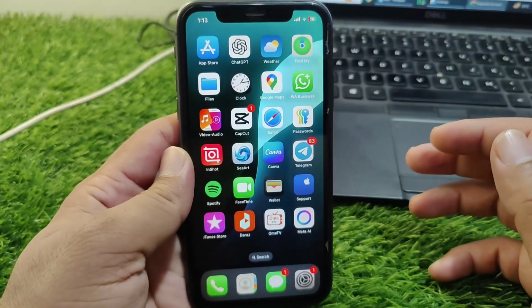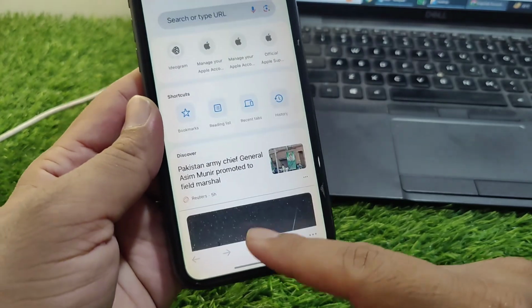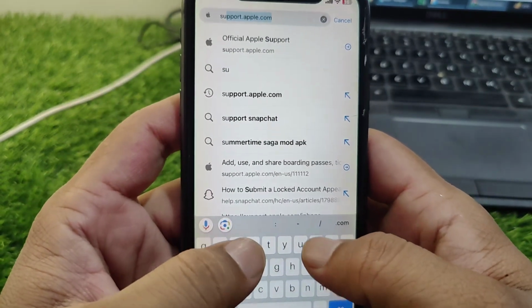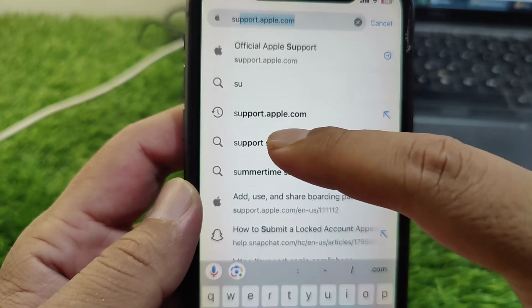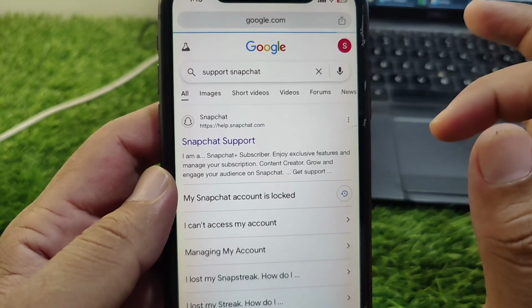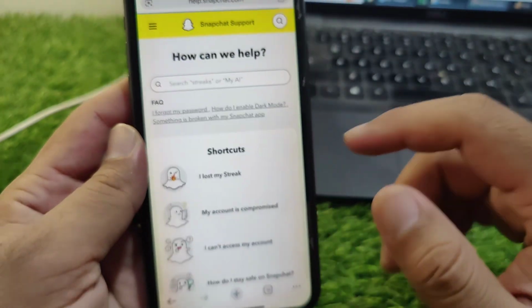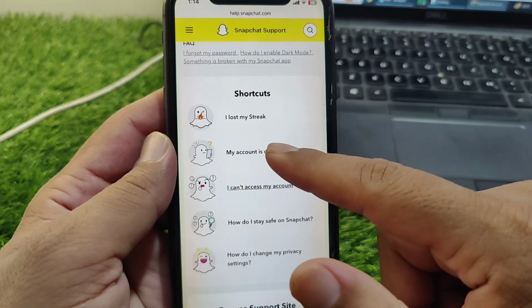So guys, first of all, go back to your home screen and now you have to simply open any browser and search here for support.snapchat.com. Here you can see this. You have to simply search for Snapchat Support, and from here tap on Snapchat Support, and now you have to go to "My account is compromised"